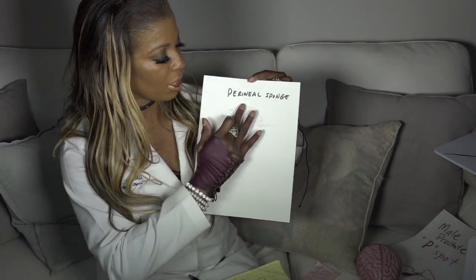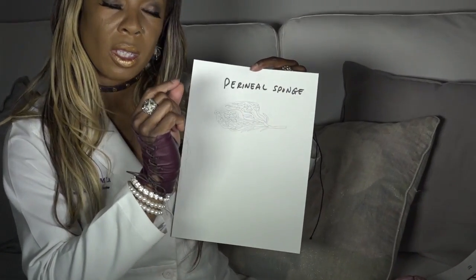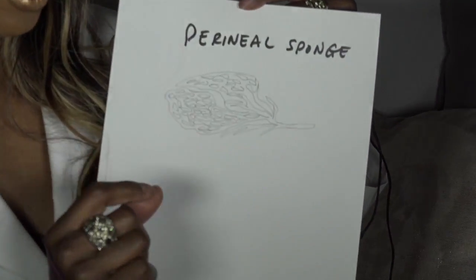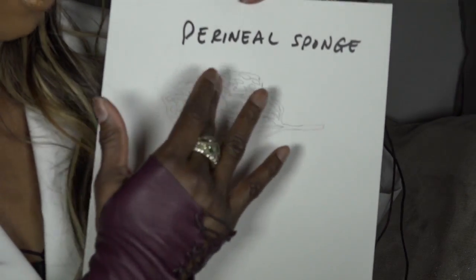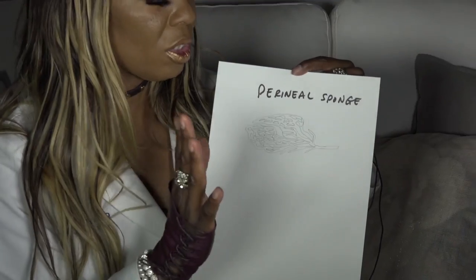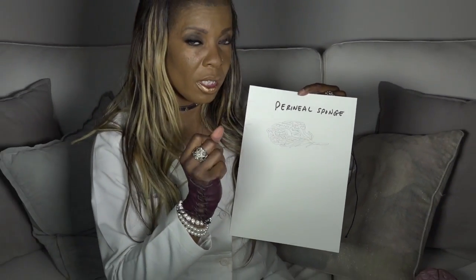Now, my final lovely area to be touched is the perineal sponge, and this is actually in between the anus and the vagina in the woman and the anus and the penis in the man. So we both have this perineal sponge, which is very sensitive. So again, you touch it gently, you can use some toys on it, you can kiss it, you can lick it, you can do whatever you want in that area, but just be aware your partner has to like that